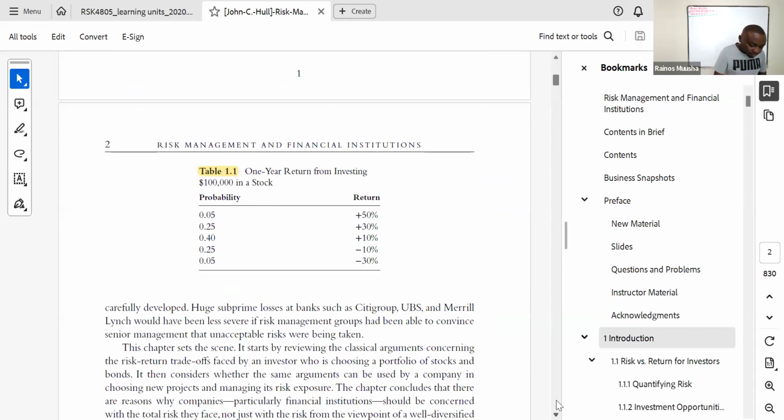So in order for us to estimate how the company is going to be able to perform, we can look at